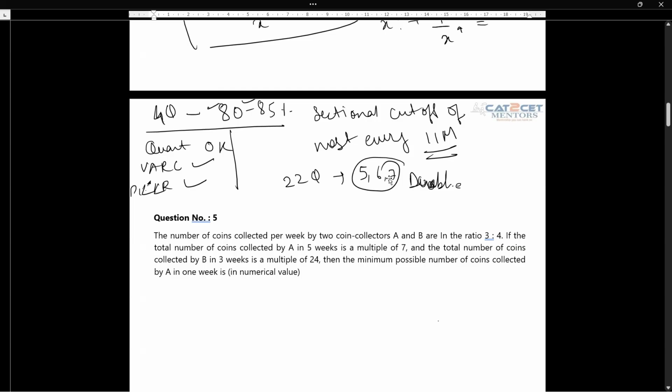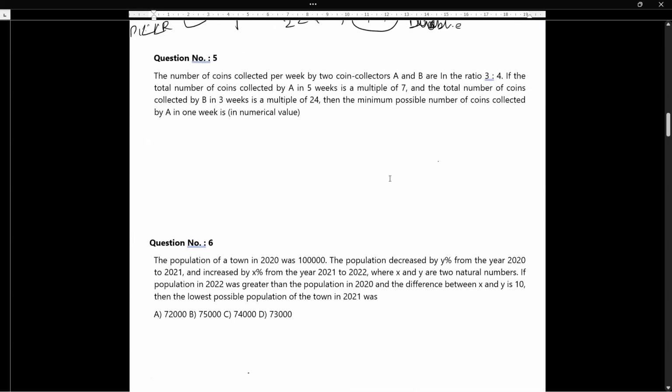Now, let's move towards the other question. Fifth question, we will cross 99 percentile in this video for sure. So now this is arithmetic. If you're scared of numbers, I would suggest you focus on major topics of arithmetic, that is percentages or ratios. Leave profit and loss, leave SICI. You can focus on percentages, ratios, or for that matter, you can also do time and work.